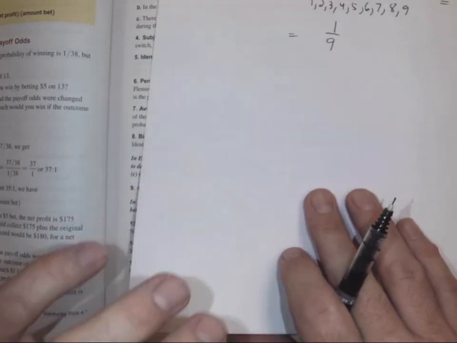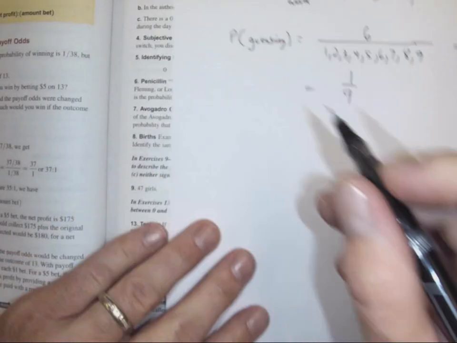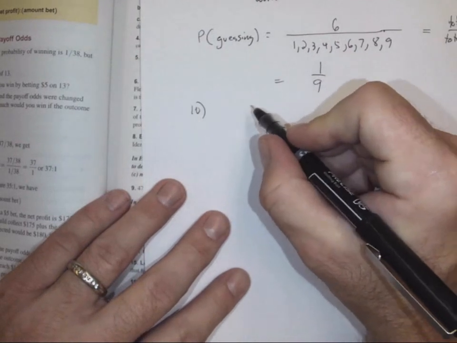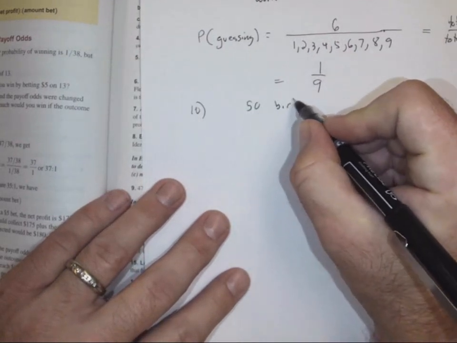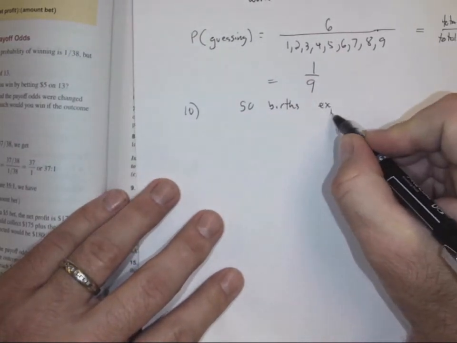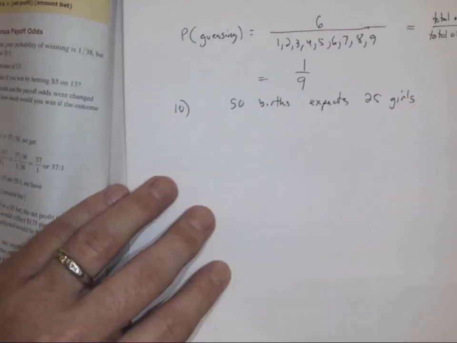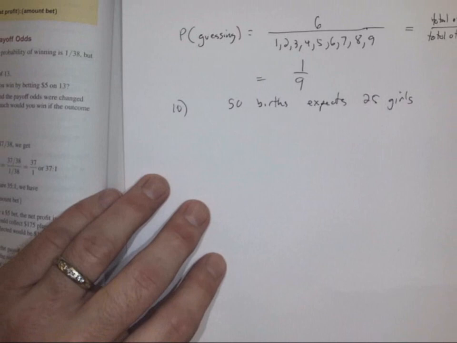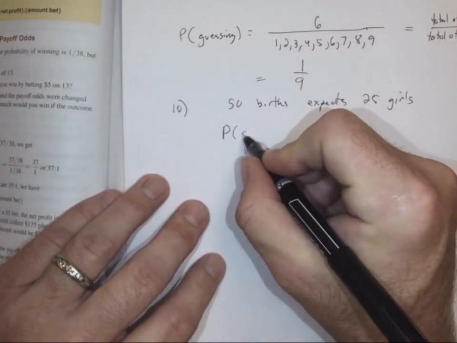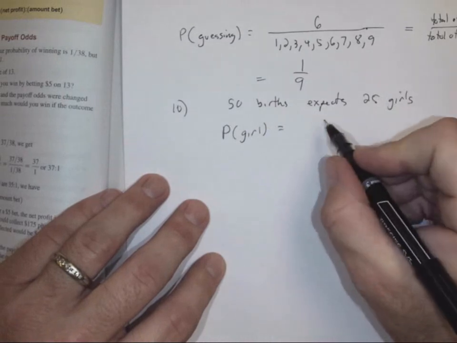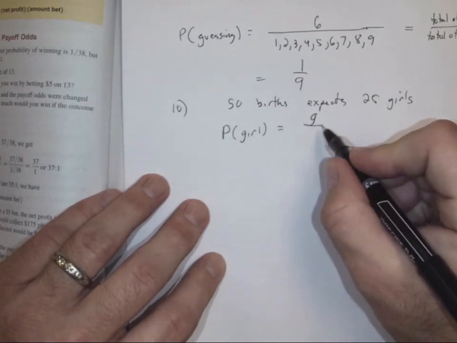So, say I have something happen. We have, what number is this? This is number 10. So this is kind of just some guesses. So I know if there are 50 births, we expect 25 girls, right? Doesn't mean we're going to get 25 girls, but we know that the probability of having a girl should be, with the classic probability, well, this is the girl all over